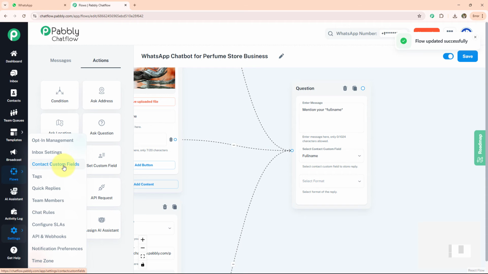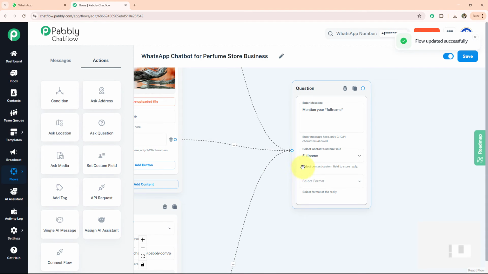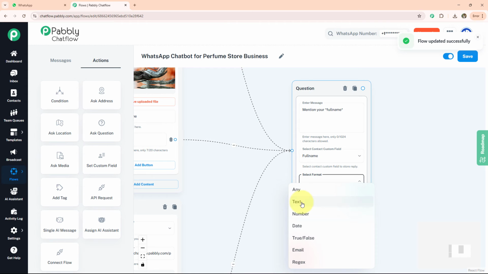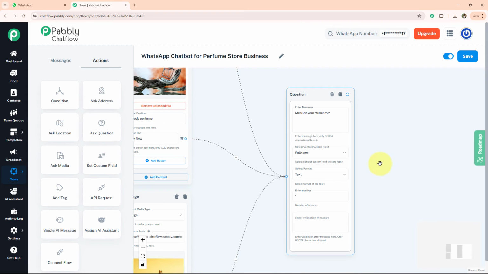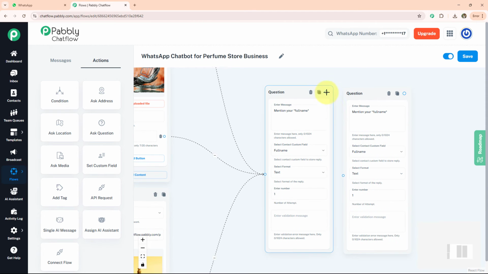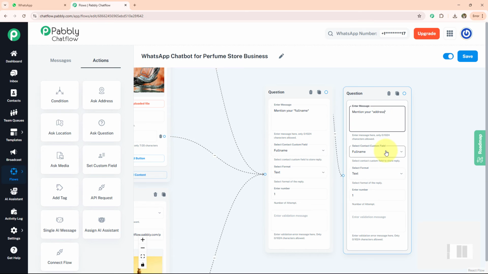You can create your own custom field from here. Now as I have already created my custom field, I'll select it, and for this format, I'll select text. Similarly, moving forward, I'll mention my question for address. I'll simply copy this, join it with my full name question, and mention my question over here for address. In the custom field, I'll select address, format will be text, and the number of attempts I want to give